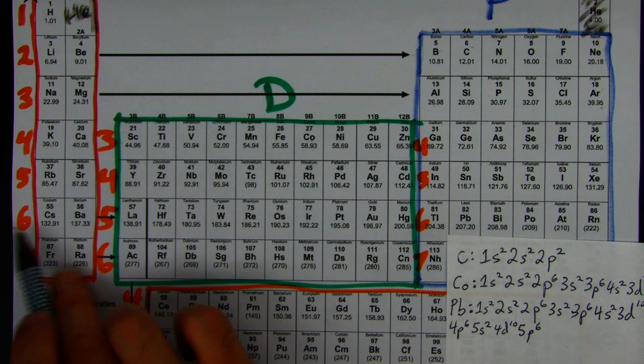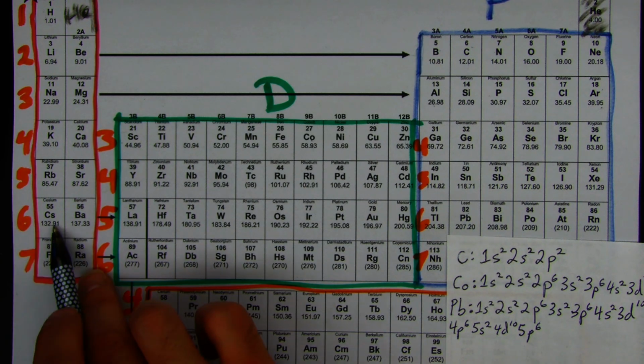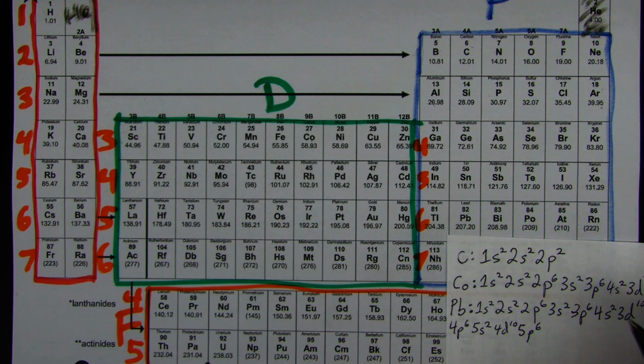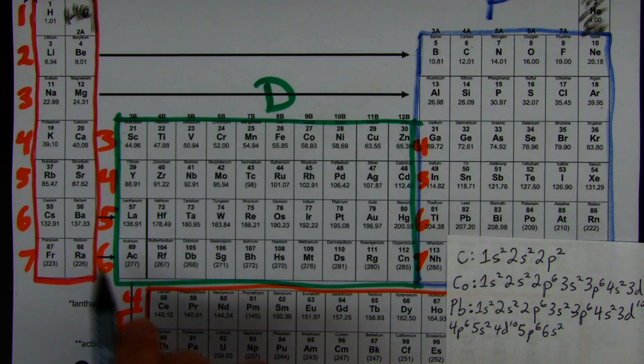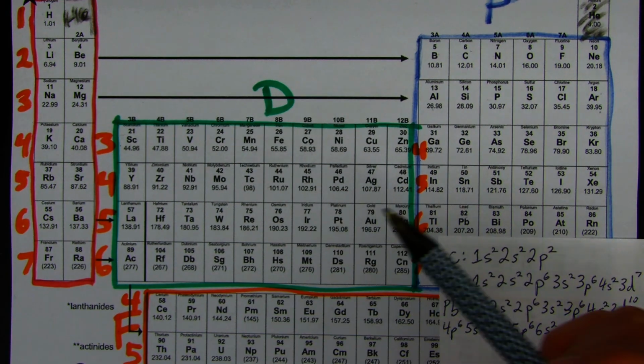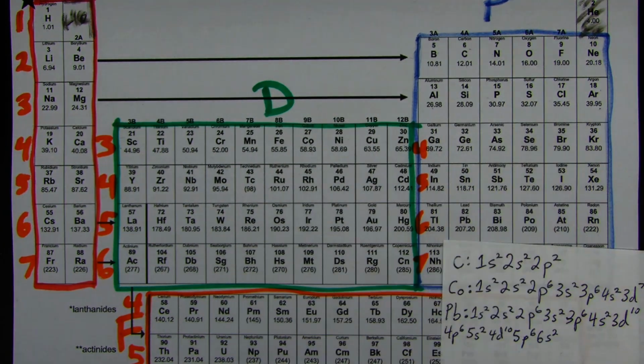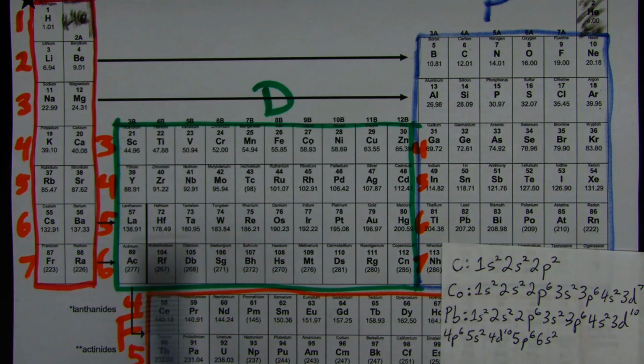6th period. So period number 6, energy level number 6. So this is 6S. I'm in the S block now. So that's 6S2 because I got to go through these 2. And now this is where we don't really follow the periodic table exactly. And you'll notice here that lanthanum seems to be in the D block, right? Lanthanum and actinium. And then we're inserting CE after 58. We're not going to follow exactly how this periodic table is. Normally,